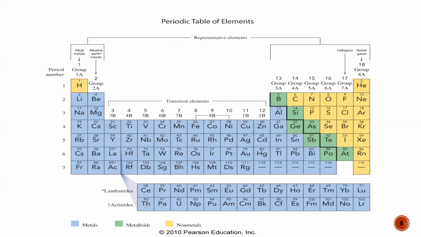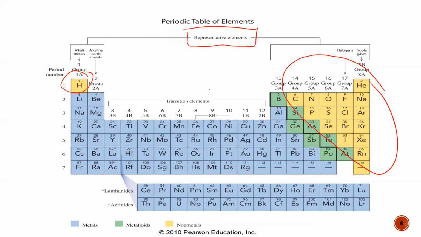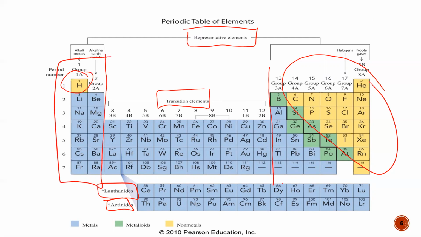So here's the periodic table, and we see, again, the metals separated from the nonmetals. So here are my nonmetals, with the exception of hydrogen. All the metals are to the left of that staircase. But I also see that there are two main groups, really. The main groups being the representative elements and the transition elements. There's also the lanthanide and the actinide series, but in the earlier slide, I was separating what are referred to